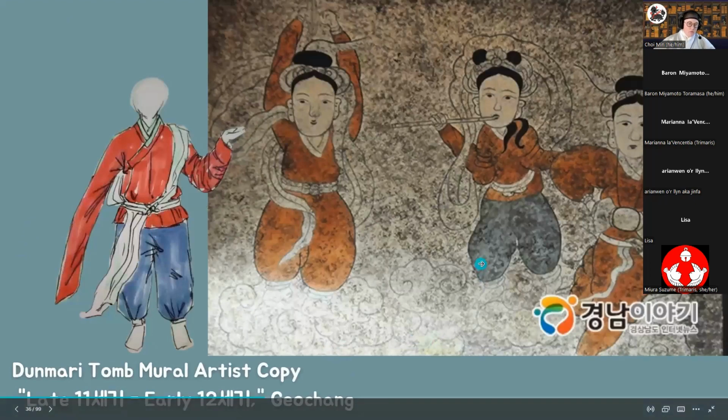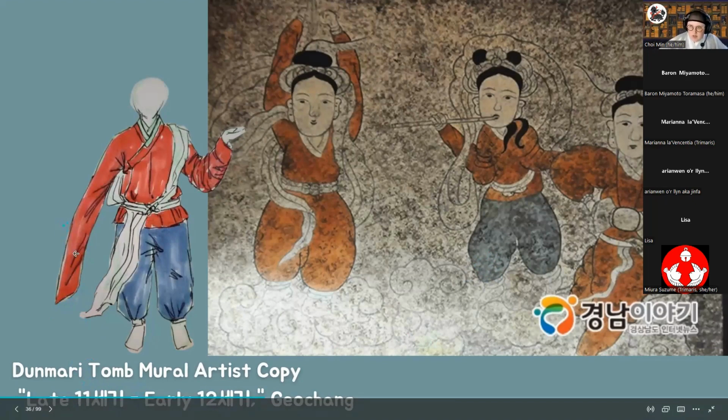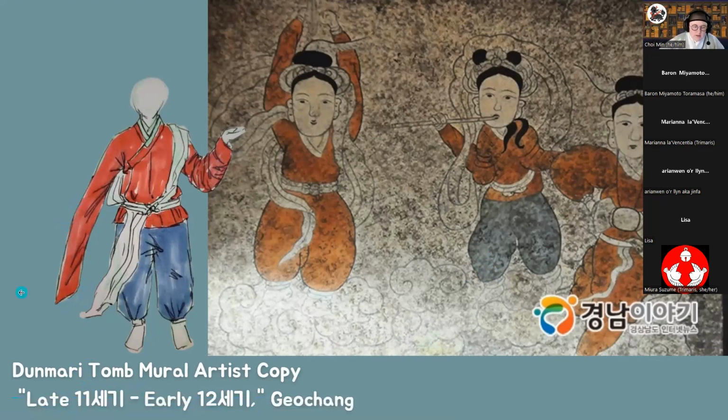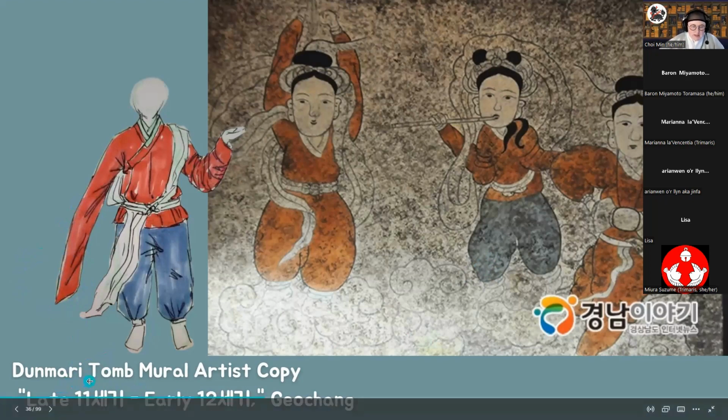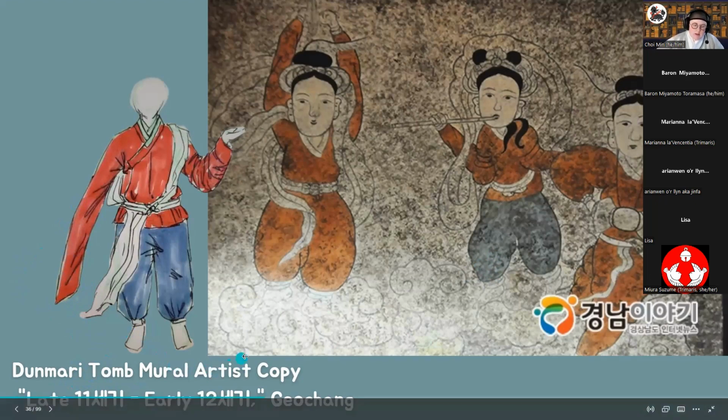Here's one of the Goryeo tomb things we have. I put it in Korean down here because at the time I was having a crisis. I wasn't sure whether that 11 Shide or Segi meant 11th century or 1100s. But the dictionary says it means 11th century. So this would be late 1000s, post 1050 CE, to basically 1150 CE. So theoretically, if that is being interpreted correctly, that would be early Goryeo, pre-Yuan dynasty.